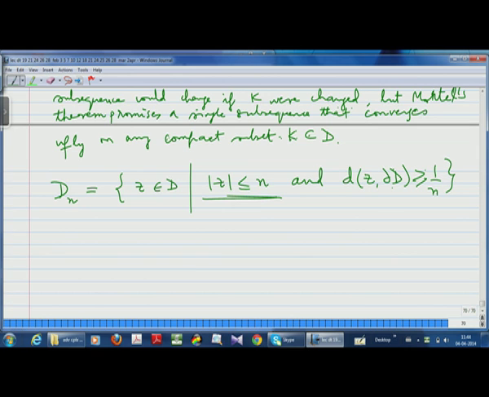What I want you to note is that there are essentially only two cases you have to understand. If the boundary of D is empty, what does it mean? It means D is the whole space. The boundary of D can be empty if and only if D is the whole space, because the boundary of D is a closed set, and if you take the boundary of D and take the union with D, you get the closure of D.